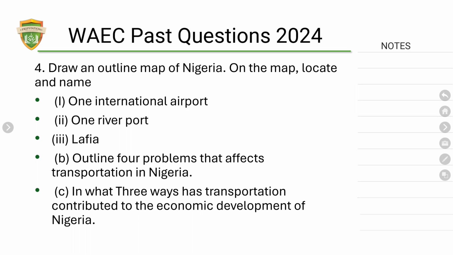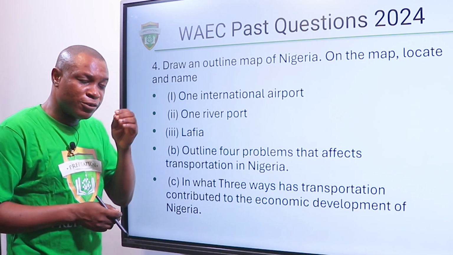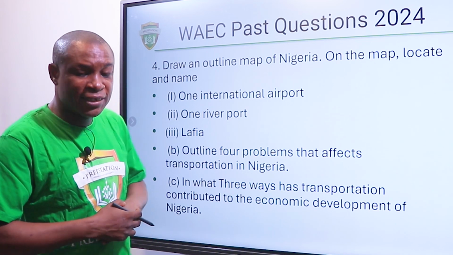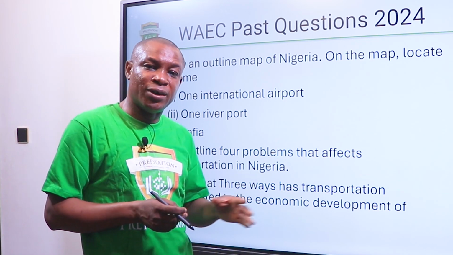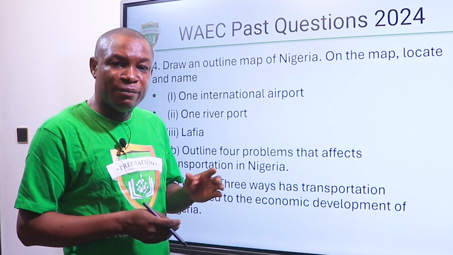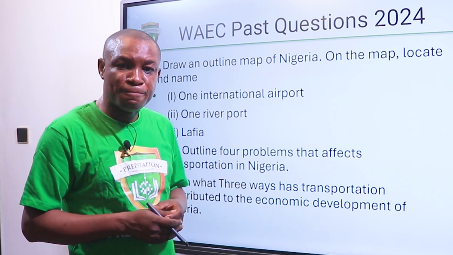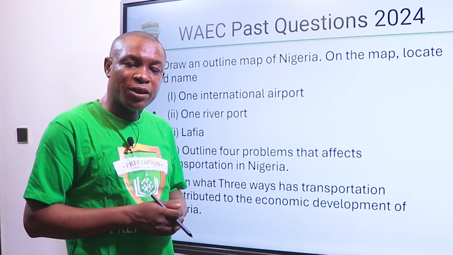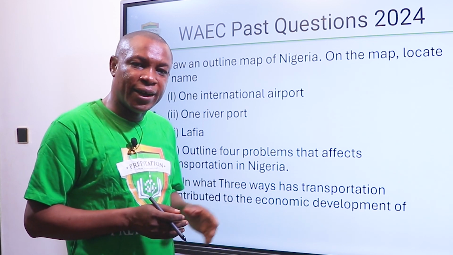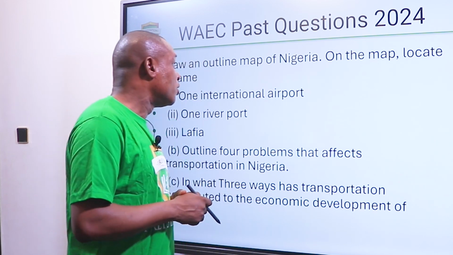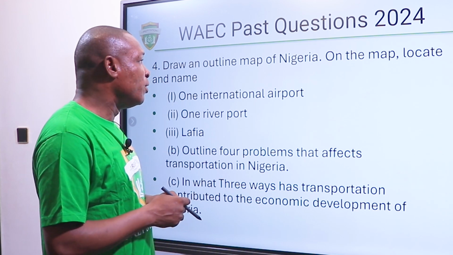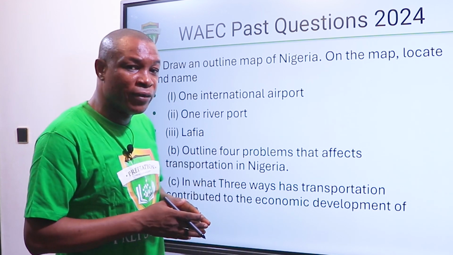So this question is on transportation. Transportation is the movement of people, goods and services from one place to another using means such as roads, water, rail, or air transport. So the question is, we should show on the map of Nigeria